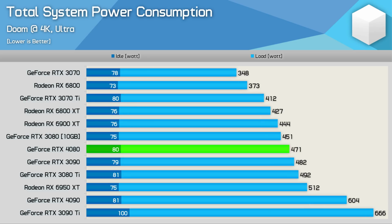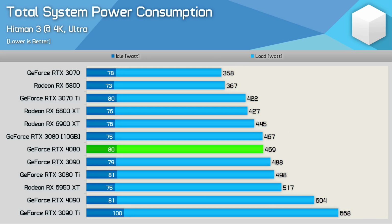Power usage did creep up a little bit in Doom Eternal, hitting 471 watts, and now the 4080 finds itself situated between the 3080 and 3090, but it did still reduce total system usage by 22% when compared to the 4090. Then finally, in Hitman 3, we find more of the same. Power usage is still lower than that of the 3090 and is really comparable to the 3080. So given the performance just seen, I'd say the RTX 4080 is very efficient, but let's go and lock the